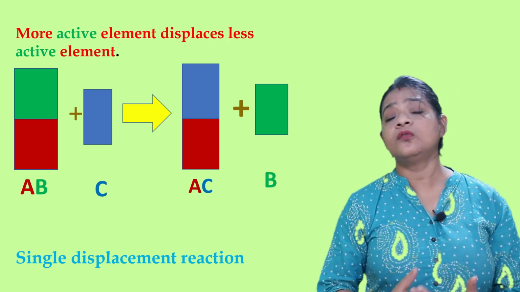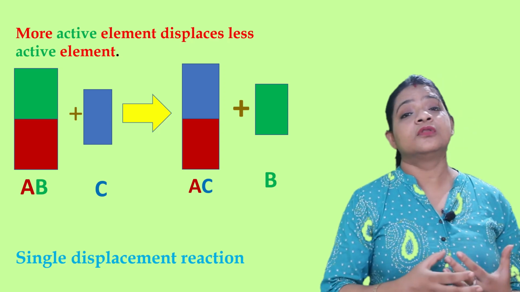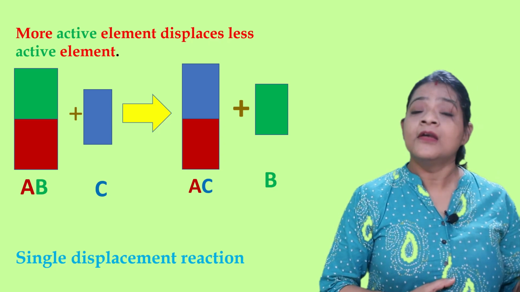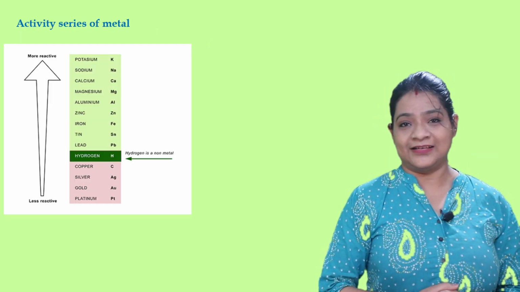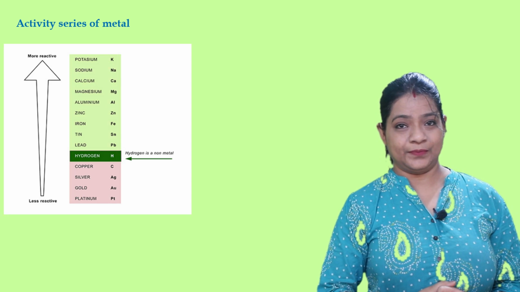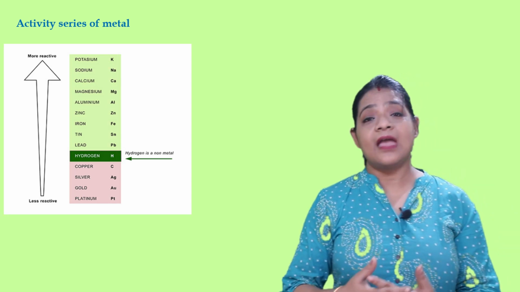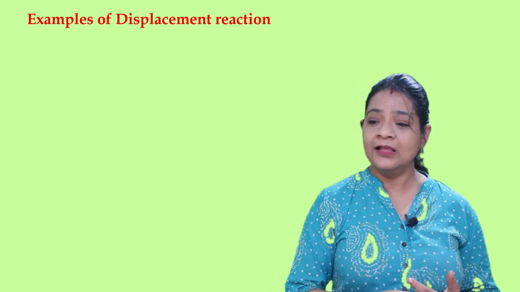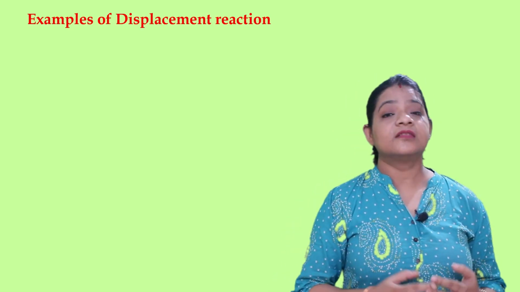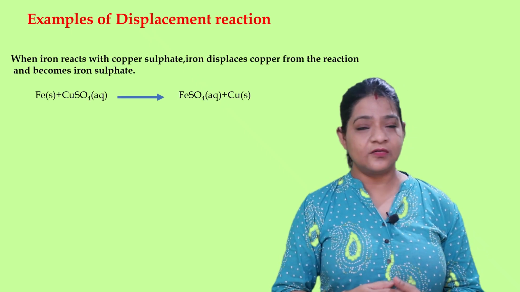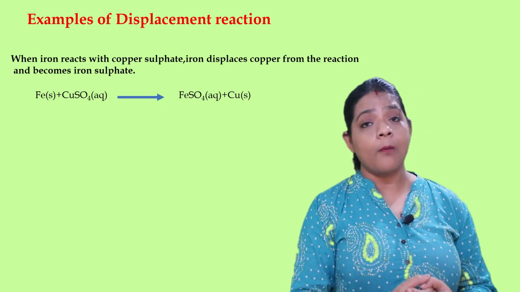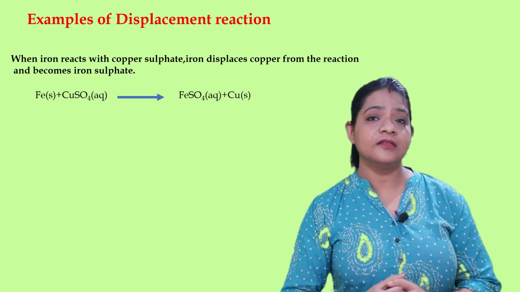Now, which element will displace which element? That is basically dependent on activity. The element that is more active will displace the less active element. We can determine which element is more active or less active by the activity series of metals given over here. Some examples of single displacement reactions: the first example is iron reacts with copper sulfate to produce iron sulfate